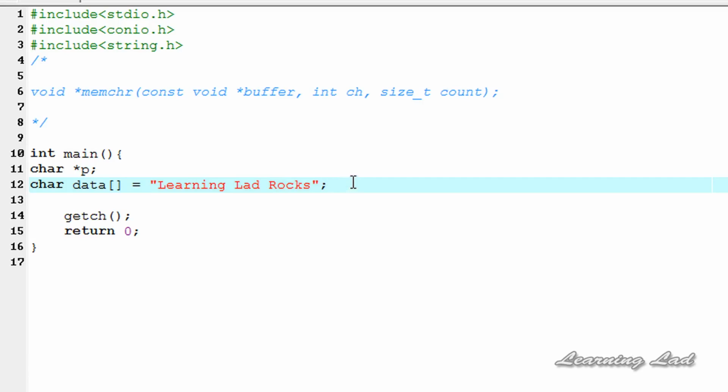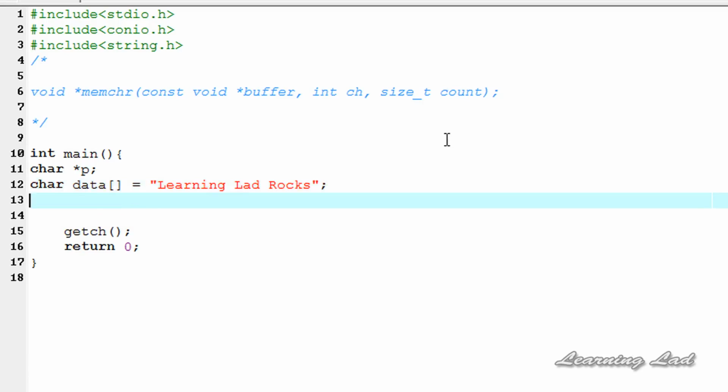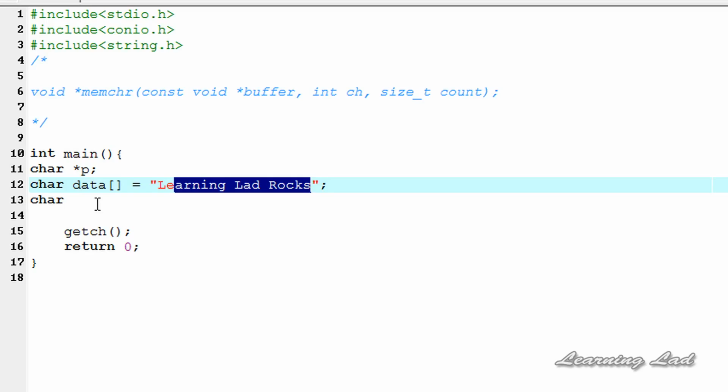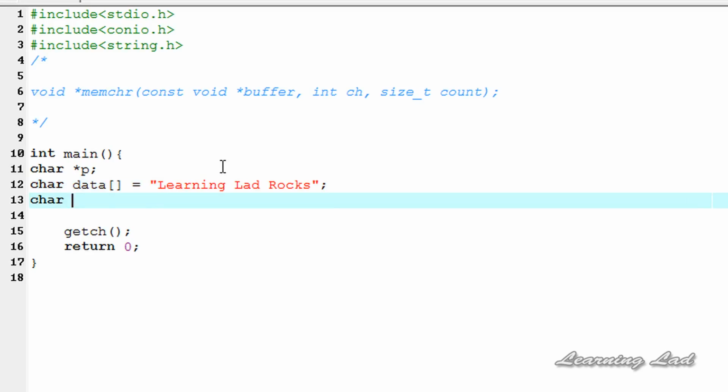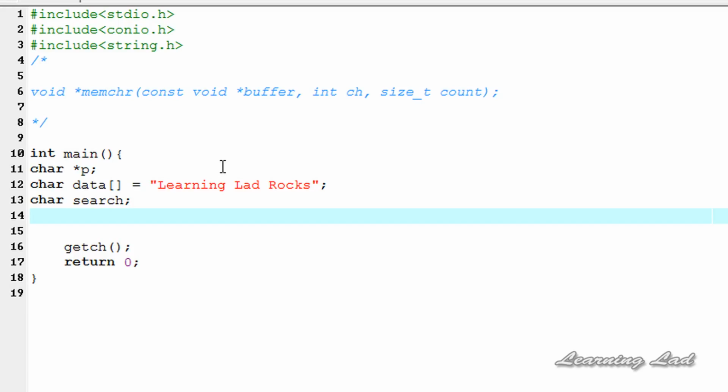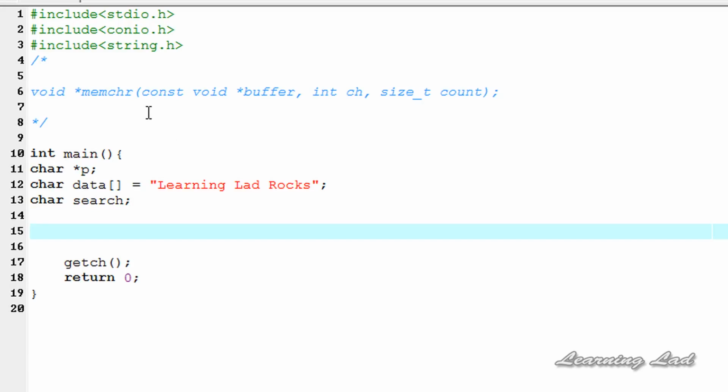The next thing that we need to do is specify the search character. In this learning lab rocks, we're gonna search for this character. So let me call it search equal to, okay, we're gonna specify that later. Next we're gonna use this memchr function. So it's gonna be memchr,